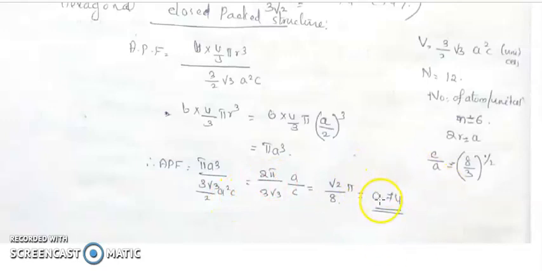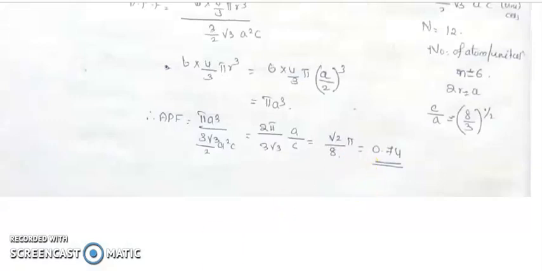So in the case of FCC and HCP, the hexagonal close packed structure, the packing factor is found to be 0.74. That is, they are closely packed structures. Most of the metals have this type of structure. Examples of metals with the hexagonal close packed structure are magnesium, zinc, cadmium, titanium, etc.